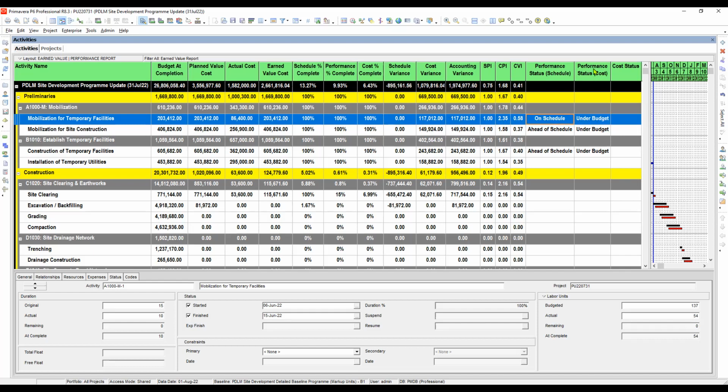Now our performance here is under budget because the variance of the cost performance is positive. And how about the cost status? If you look at the accounting variance, that is also positive. So that means that is under